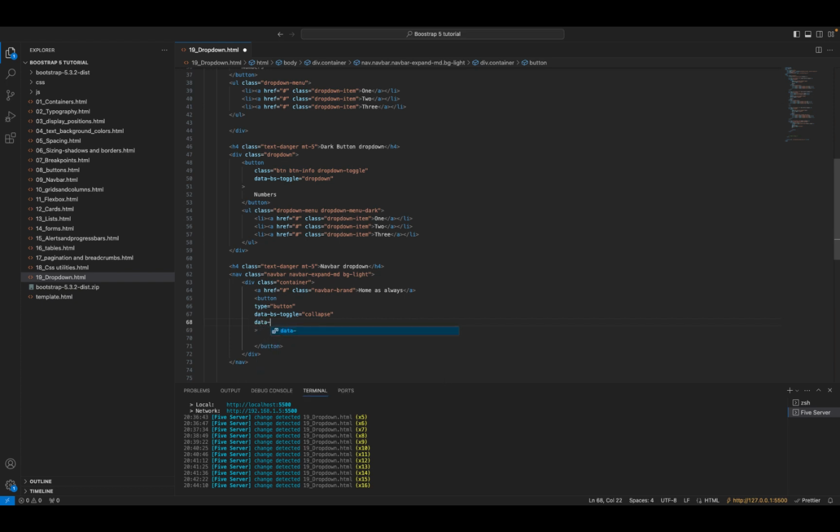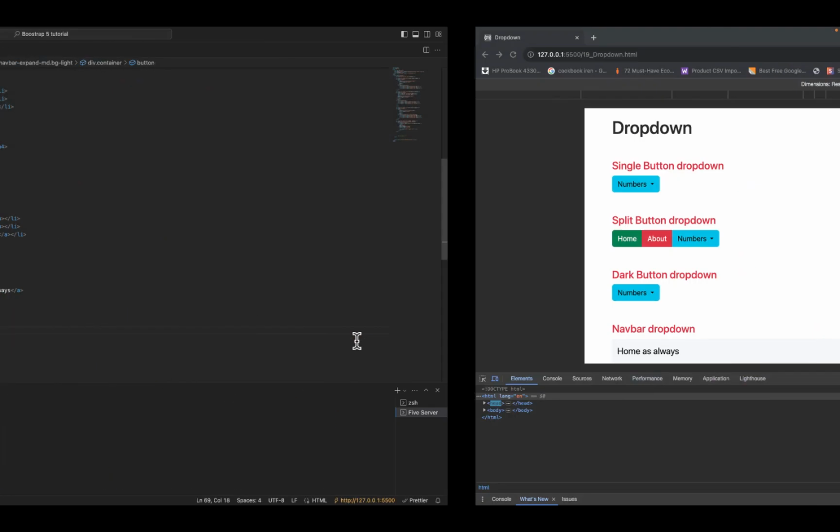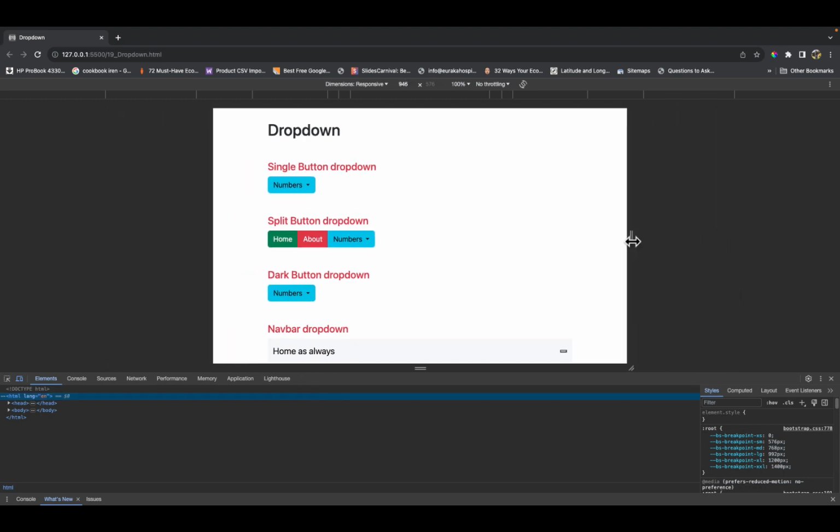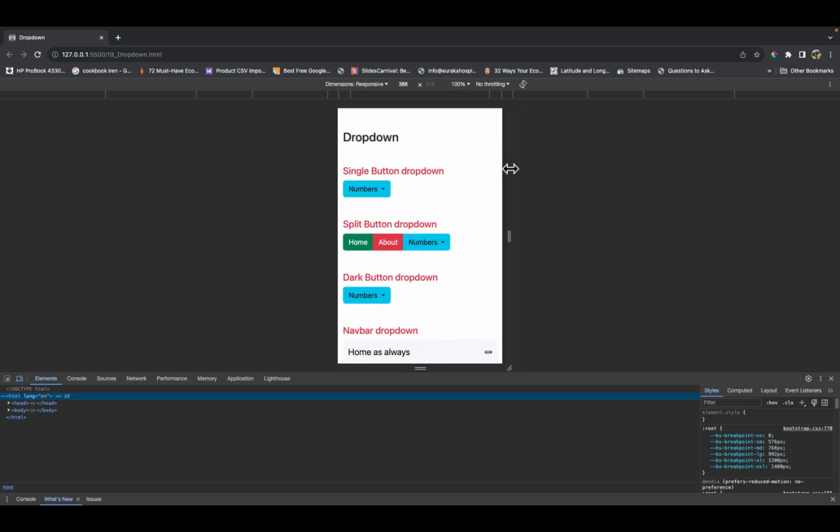Then we need to put another attribute of what the target is. The target is, you can put any ID, so navbar item as an example. Then inside that we can put the icon. So we just put a span with the class of navbar-toggler-icon. If I save this, go to the browser, you can see it here at the end. So from MD is when it appears. Going down,